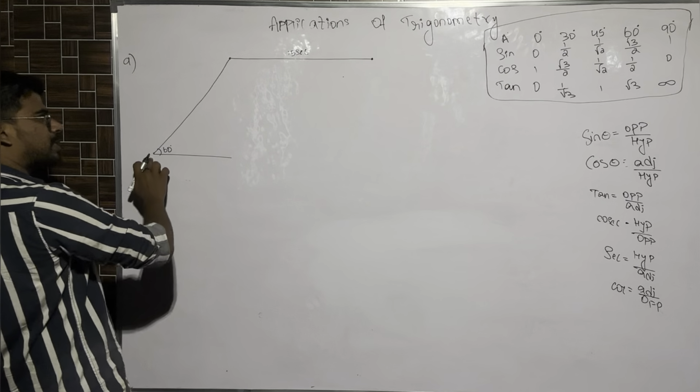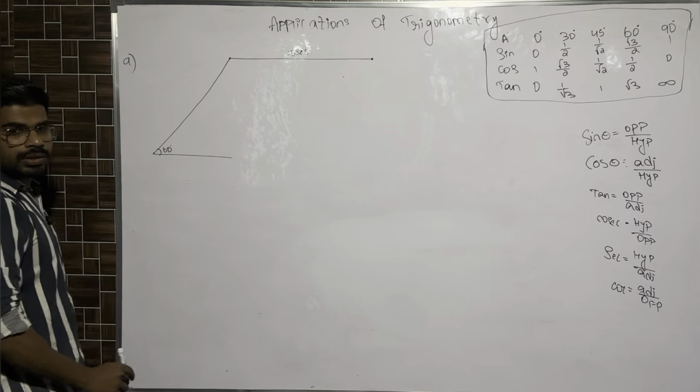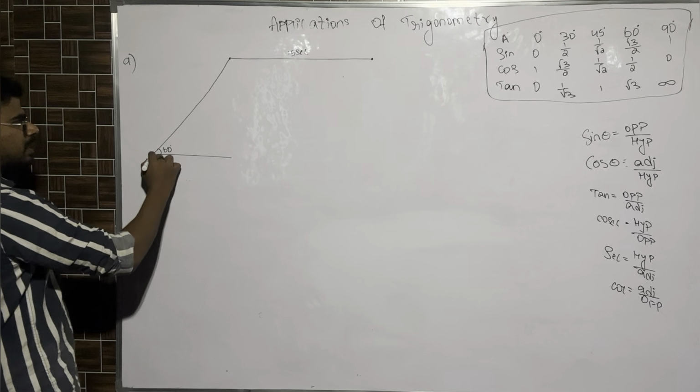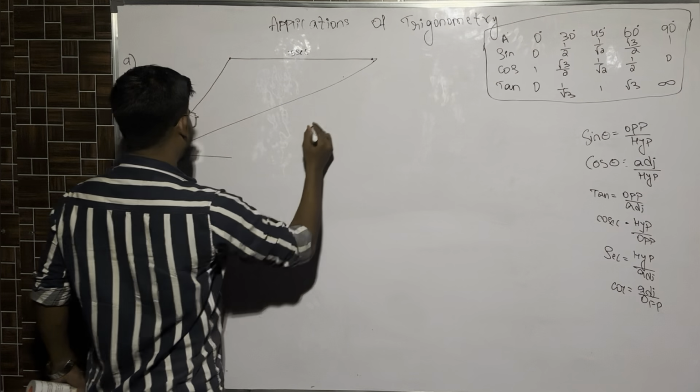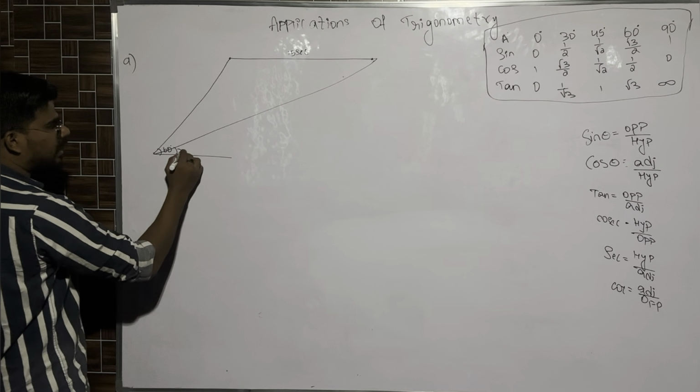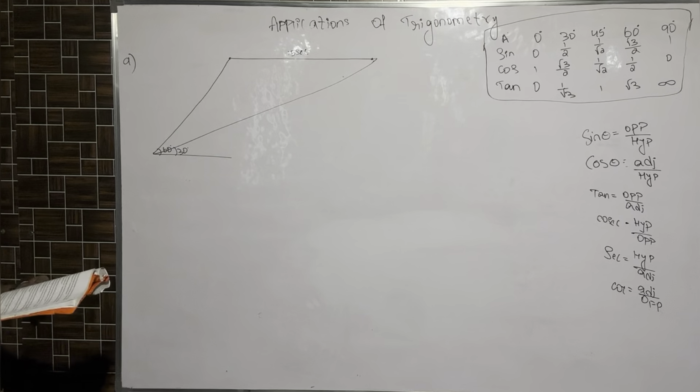Now from the same point, the angle of elevation changed to 30 degrees. Before it was 60 degrees, now it changed to 30 degrees. From the same point, this angle is 30 degrees, right? Next,